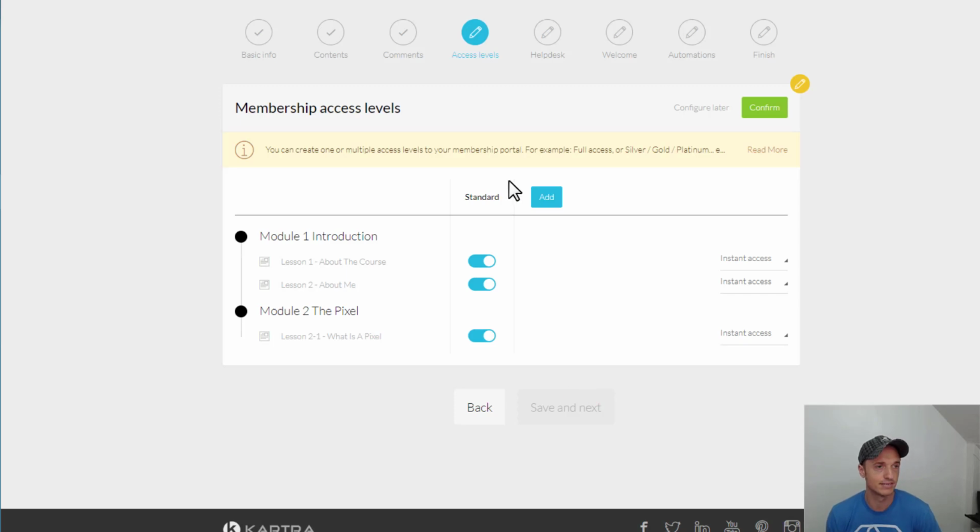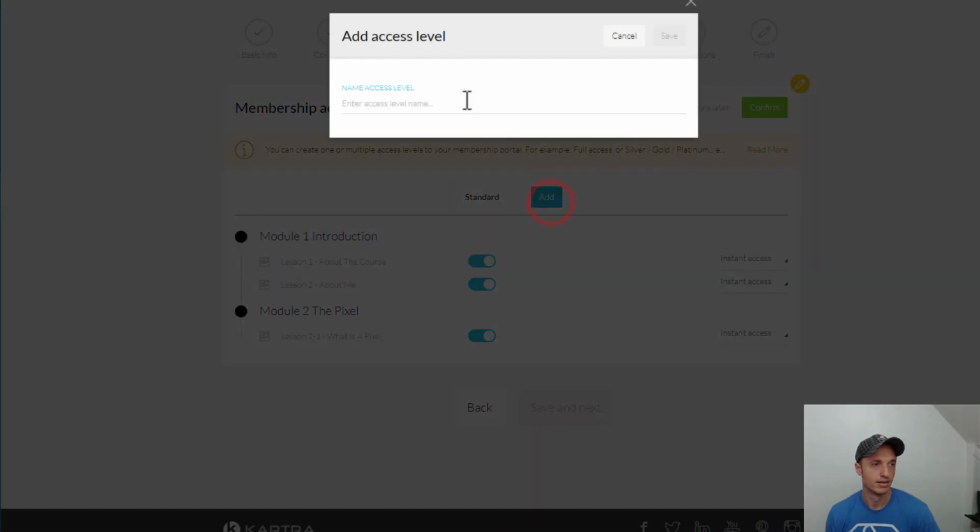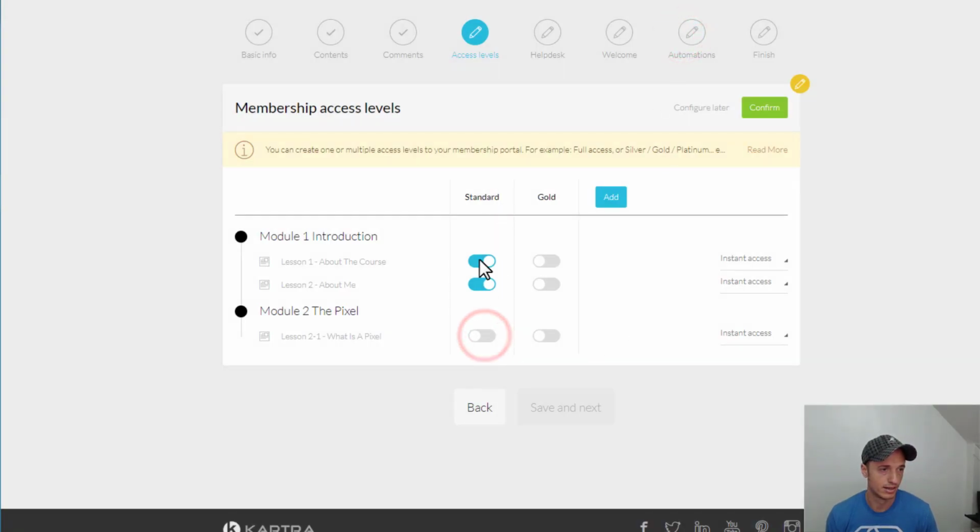And then we have various access levels as well. So if you want to have bronze, silver, gold levels of membership for your membership site, you can definitely set that up here. So right here we just have standard, but let's say you want gold as well. And let's say you only give the first 2 lessons in your standard and you want gold to have all 3 lessons. Well, there you go. Simple enough to block access, grant access, etc. And I'll show you how you can give access to these different levels